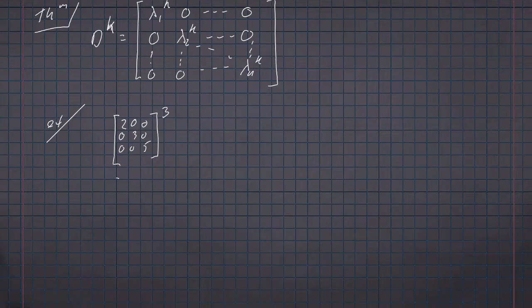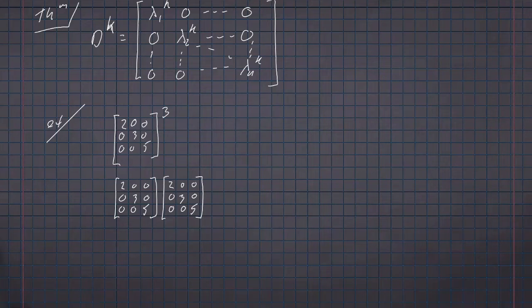Well, if we start off multiplying two copies of this matrix together, you can see pretty quickly why, in general, if you multiply two diagonal matrices together, the result will be diagonal